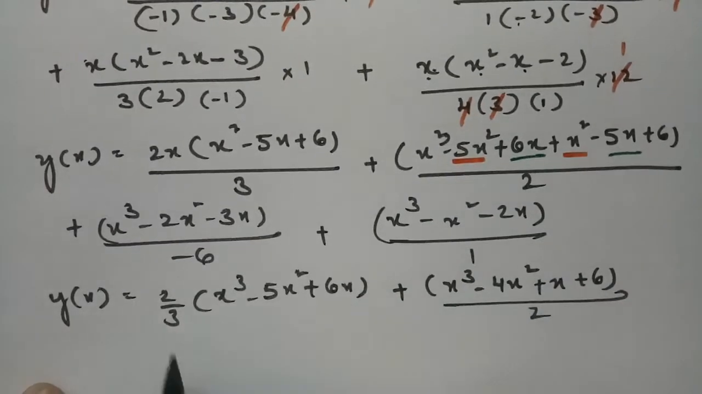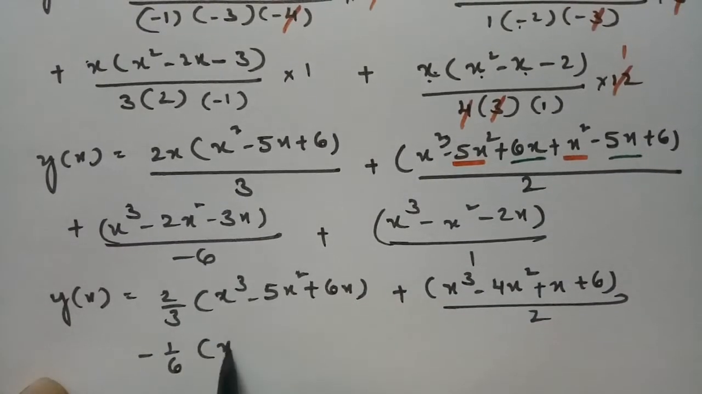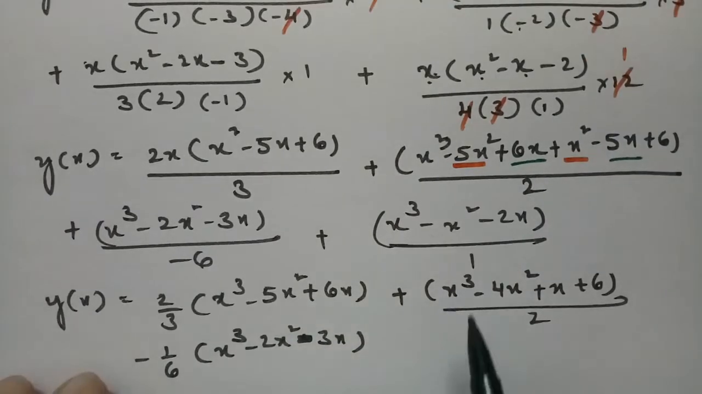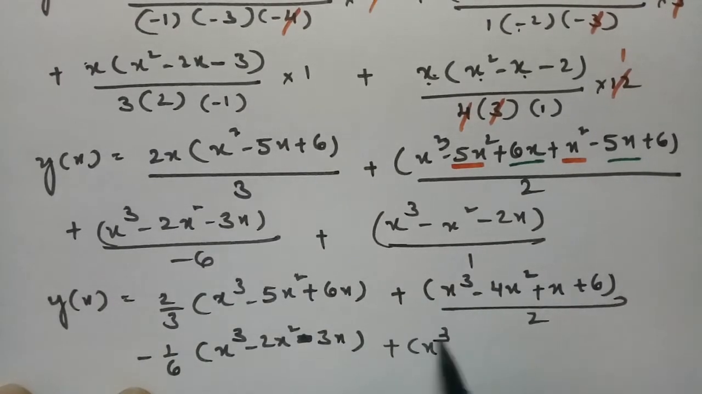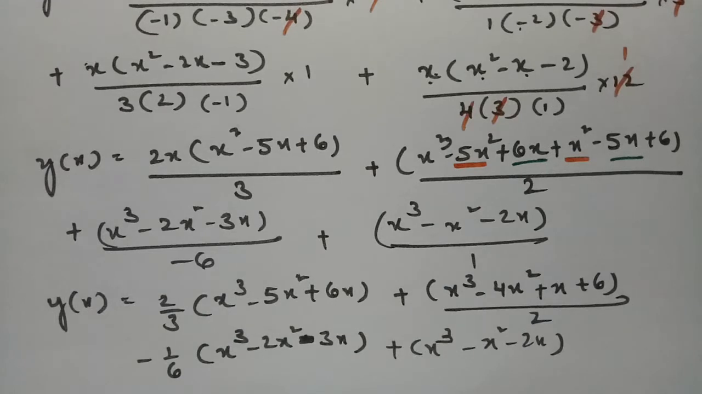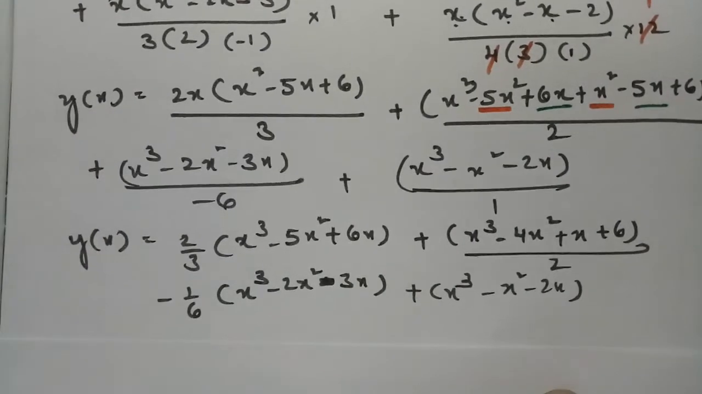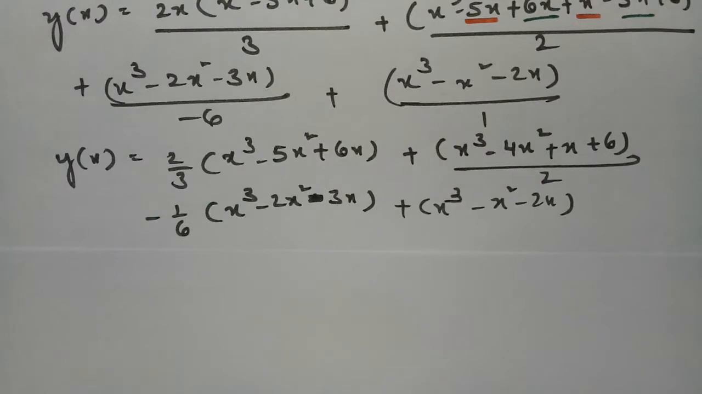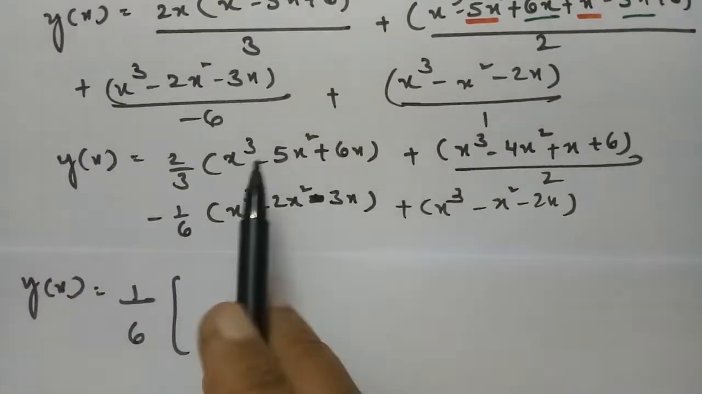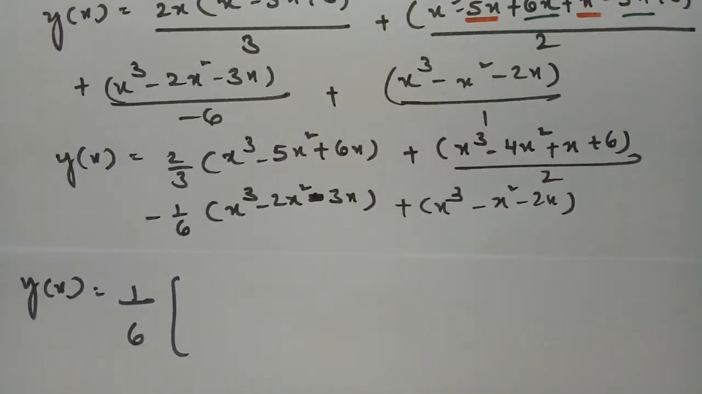And here this is minus 1 by 6 times of x cube minus 2x square minus 3x, and the next one here is x cube minus x square minus 2x. So if you observe, if I take 6 as LCM for all these four terms, y at x value is equal to,